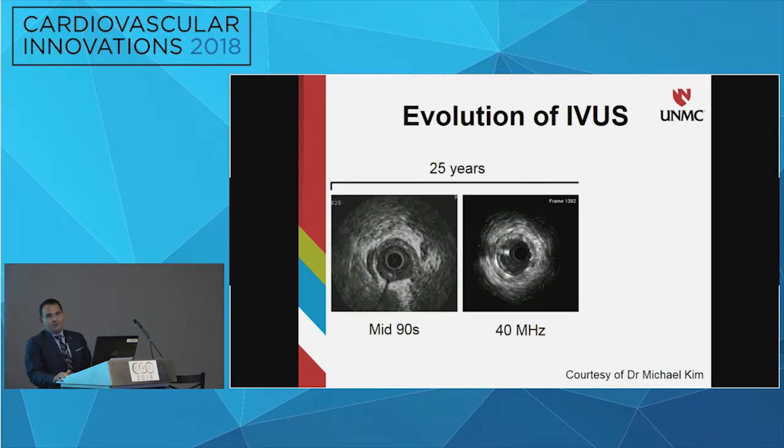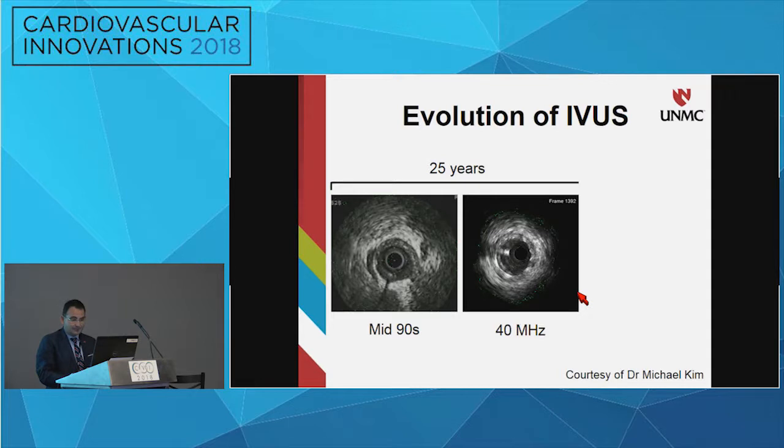So this is the evolution, the history of IVUS. It started like 25 years ago, and in the mid-90s you can still appreciate all those blurry images of the coronary arteries. And over the last 10 years, essentially, there has been a plateau in the evolution of the technology of IVUS. 10 years ago, the OCT was introduced, which raised the bar of intracoronary imaging,